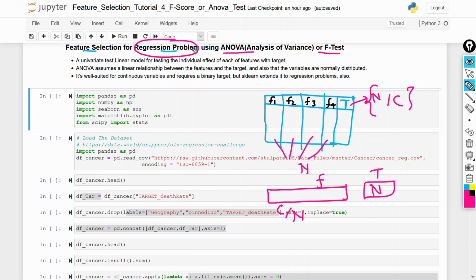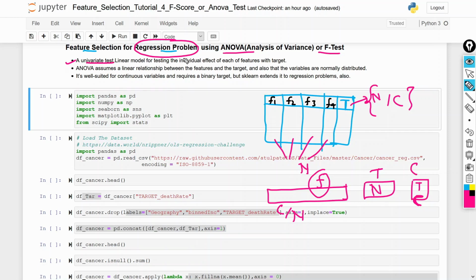First I am going to check the regression problem, and after that we will perform the classification problem. In classification, features could be anything, but your target should be categorical. So first point is that it is a univariate test.